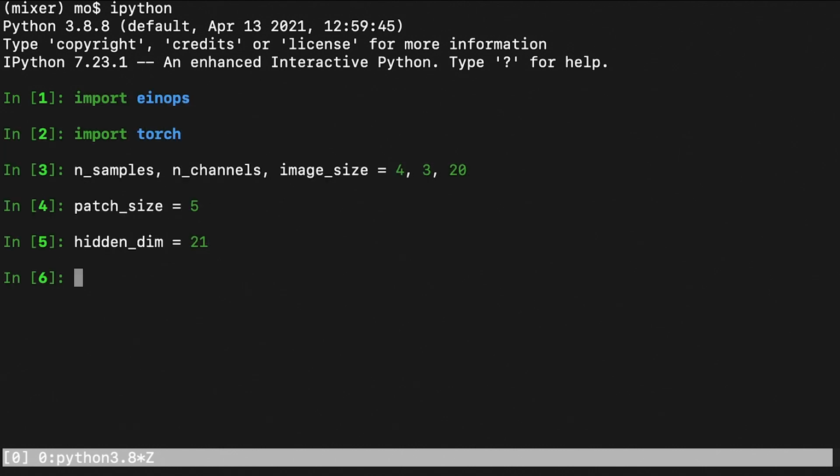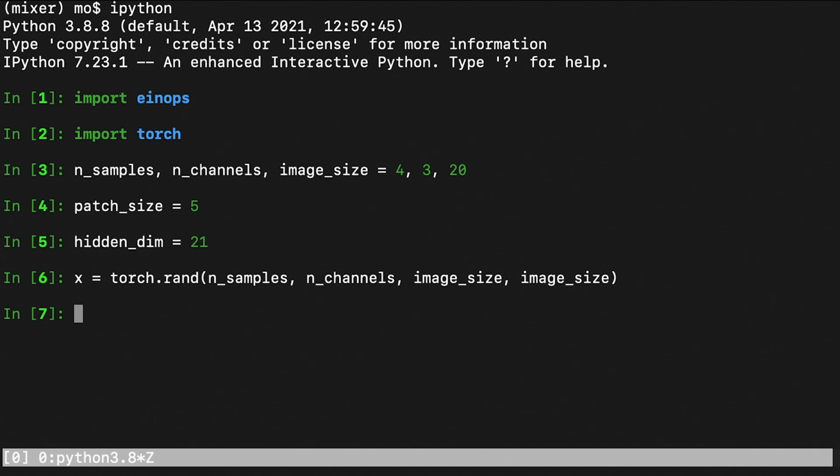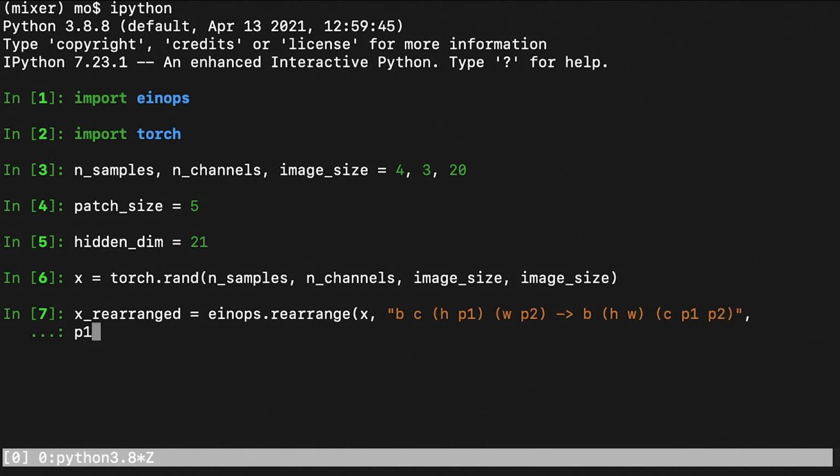All right, we defined a couple of initial parameters. Now we just construct a batch of input images. Let us now take this tensor and rearrange its dimensions. So here we're using einops, and we say that the input is nothing else than a mosaic of patches as specified before the arrow, and what comes after the arrow is the desired rearrangement.